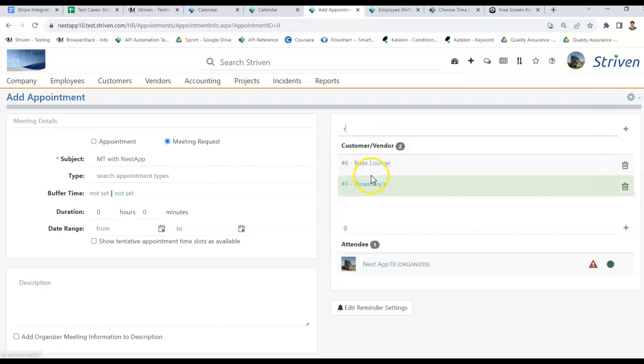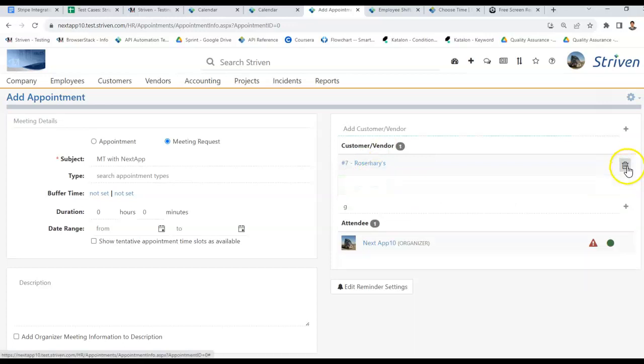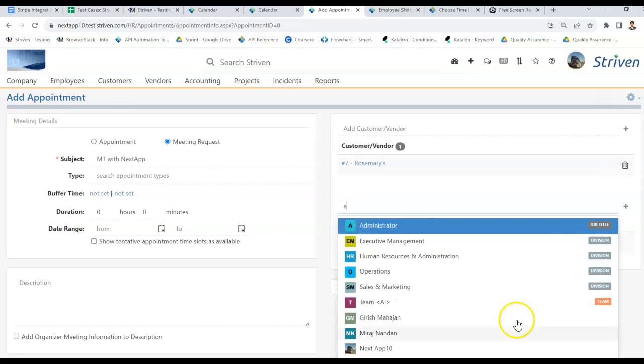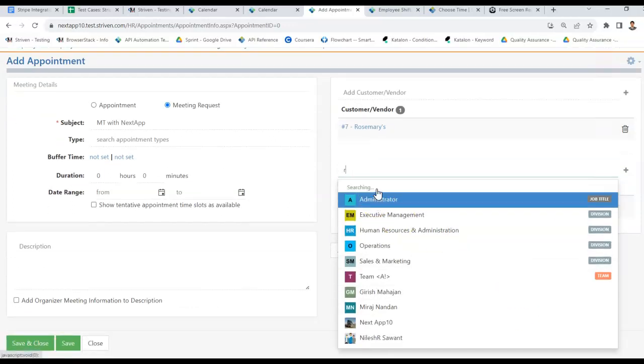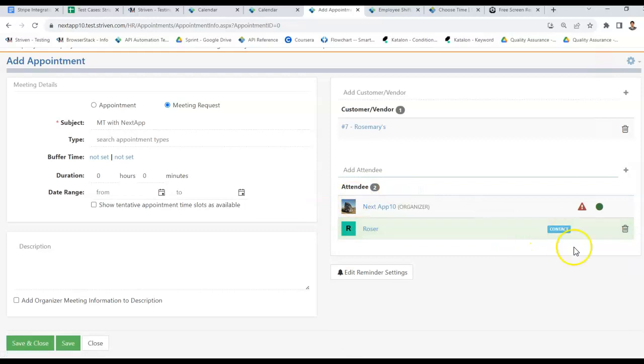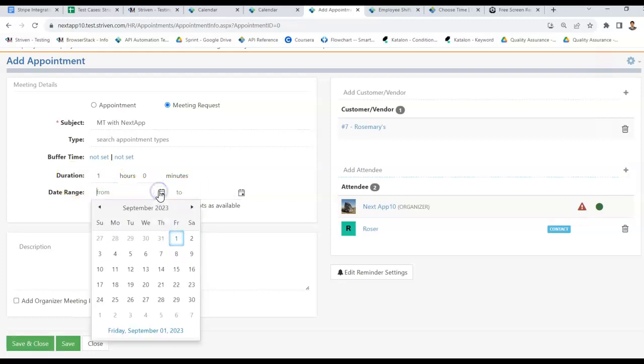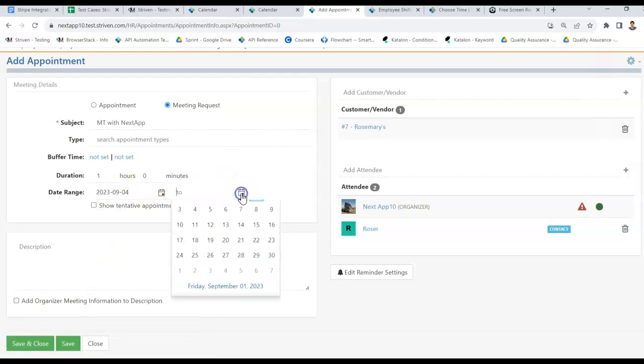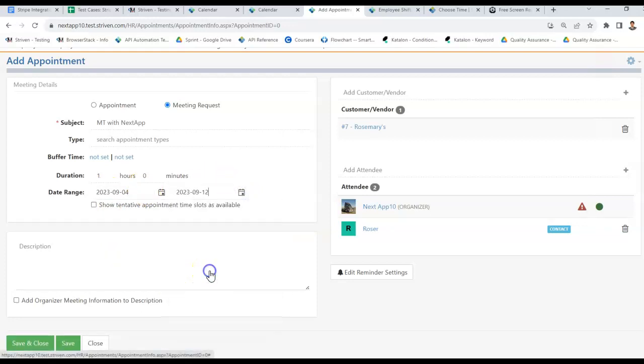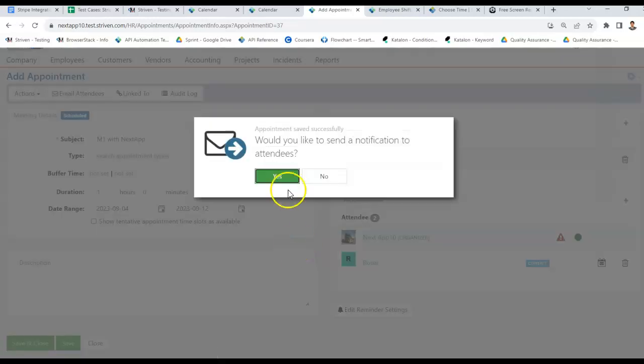Let me pick some other customer. Okay, so this contact I've selected here and I'm keeping a 1 hour duration. The date range that I'm setting is from 4th of September till 12th of September. So I'm covering next week also, half of the next week also. If I save this,